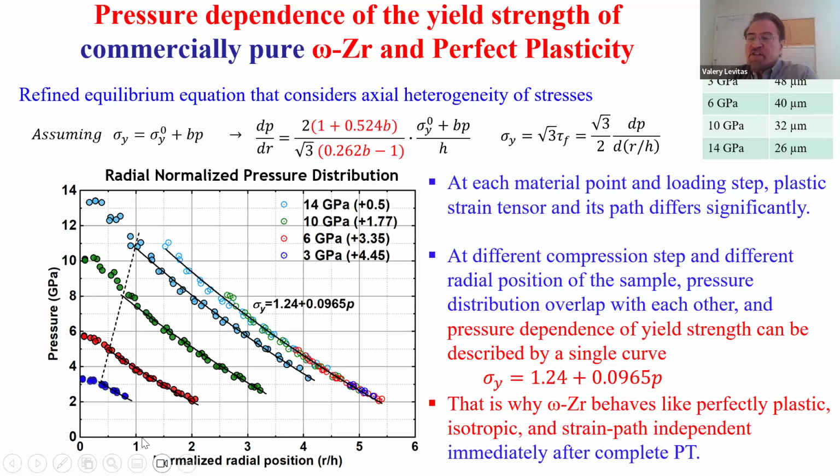But we know that at each point we have a completely different plastic strain path, and also the material acquires strain-induced anisotropy, texture. But it's not here. We don't need this for the description. That means that the material behaves like perfectly plastic, which means independent of plastic strain and plastic strain path, and isotropic. This is the first rule for